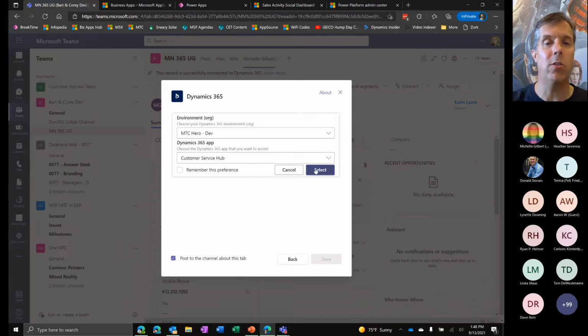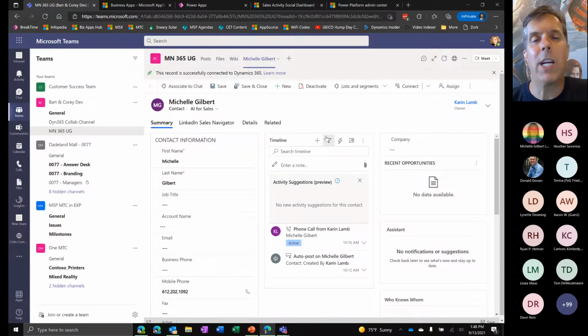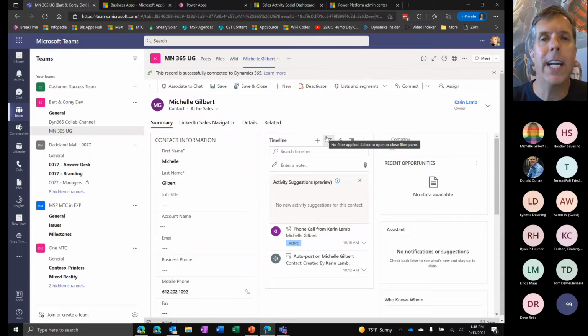I could just do that and surface a record from a whole different Dynamics organization in this exact same team if there was a good reason to. So whichever data you have access to as a user is what will show up in that drop-down list. Cool. Anything else?